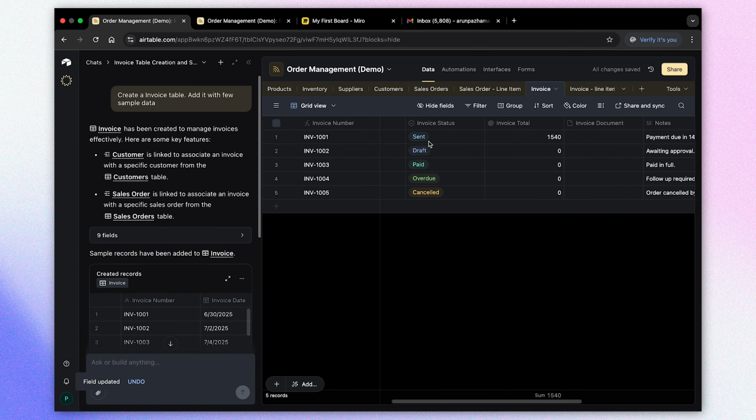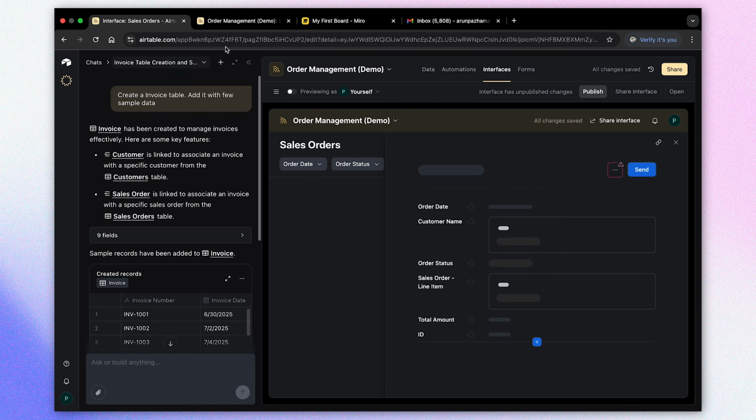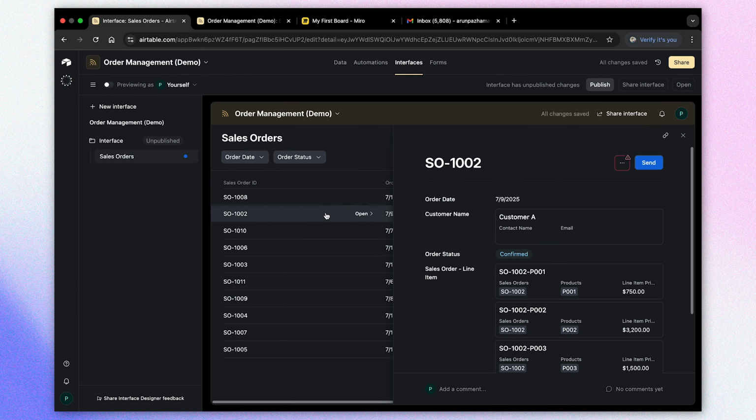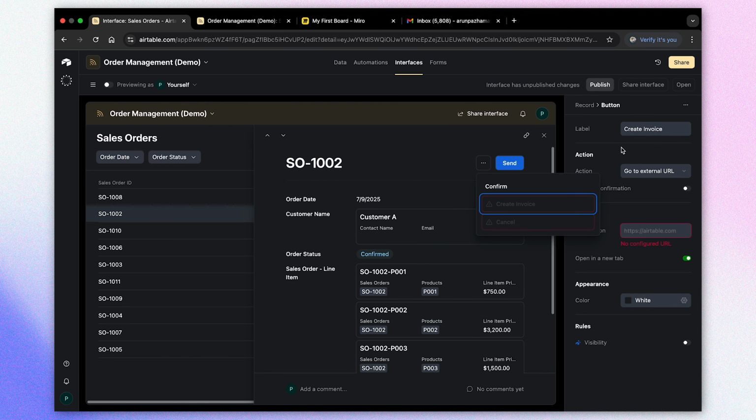Okay, yeah, we got it. Okay, this is working good. Now we'll go to our interfaces. Now what we need to do is convert this sales order into an invoice. So we have this create invoice button. Once the user clicks this button, we'll run one more automation